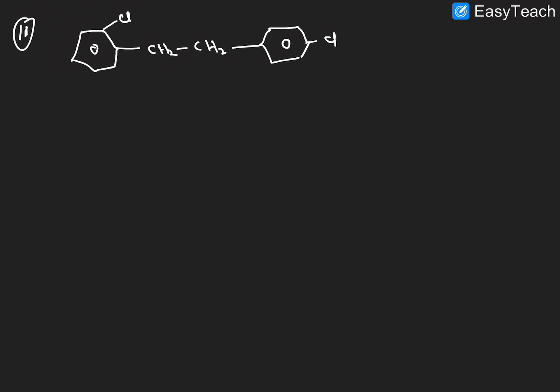So how will we give the IUPAC nomenclature? We want to select the carbon chain, right? Here this is 1 and 2, or 1 and 2, which is correct? Here we want to give the numbering from 1 to 4, whichever substituent gets the first number, that number you have to refer. Obviously we're getting the second position here, but here we are getting the third position. So this number we have to follow. So what is the name of this compound? It looks somewhat difficult to name, but it is very easy.